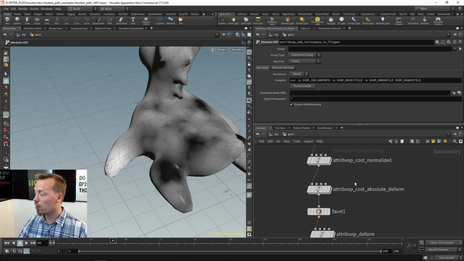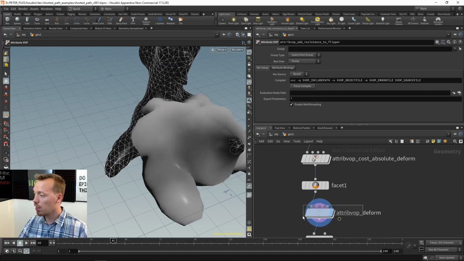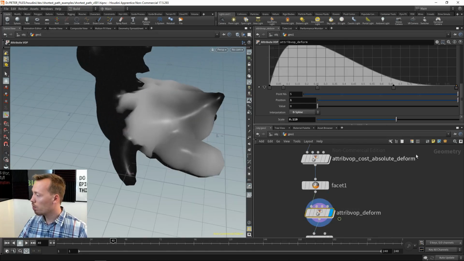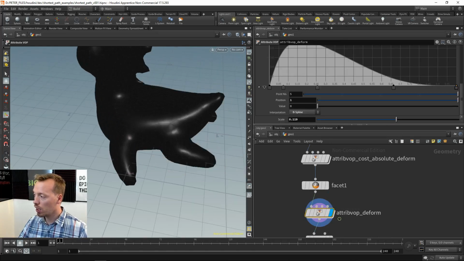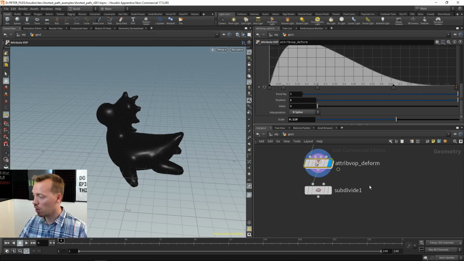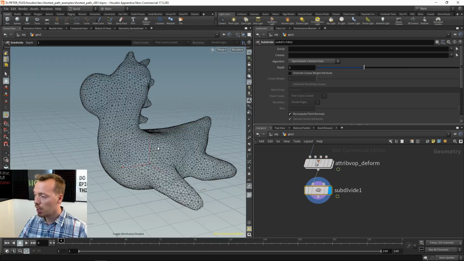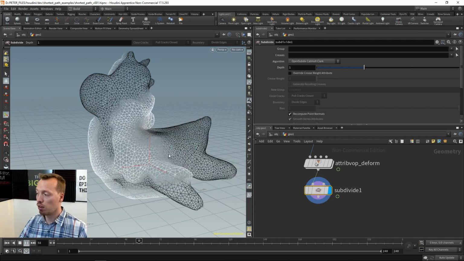So let's loop through the rest of it, the normalization, cost absolute deform, all that kind of stuff. And then here, attribute deform. So maybe for right now, we can see as it loops through it, the flipper is probably going to resolve itself last. Notice how slow it's going, right? And then finally, it has resolved itself. And so with that, I think it's quite a fun little effect. And you can do lots of fun gradient-based